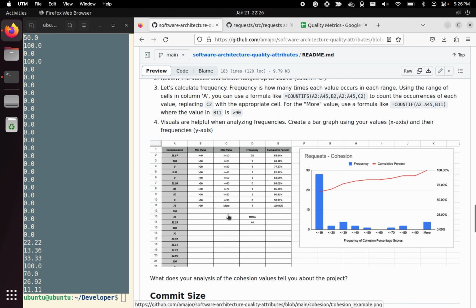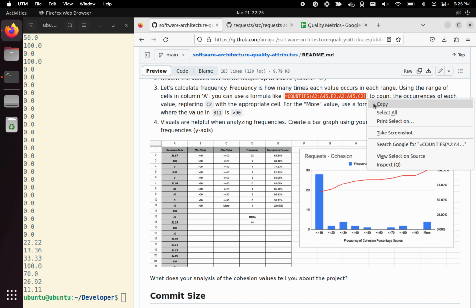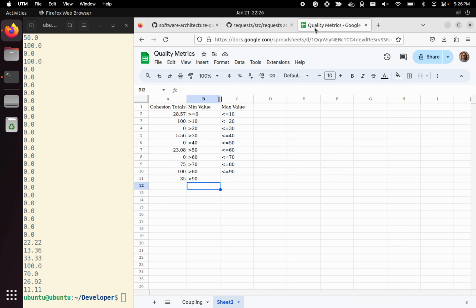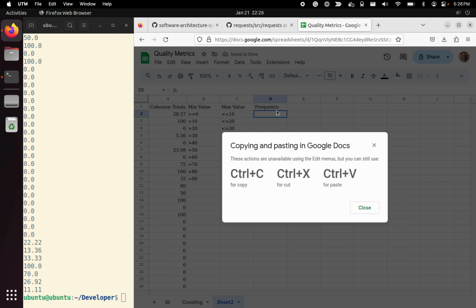Okay, so now we're going to calculate our frequency for that range, and we can do COUNTIFS instead of COUNTIF. So in coupling, we did just a COUNTIF. This one, we're going to do COUNTIFS. So let's type in our column header here, and let's just go ahead and paste in